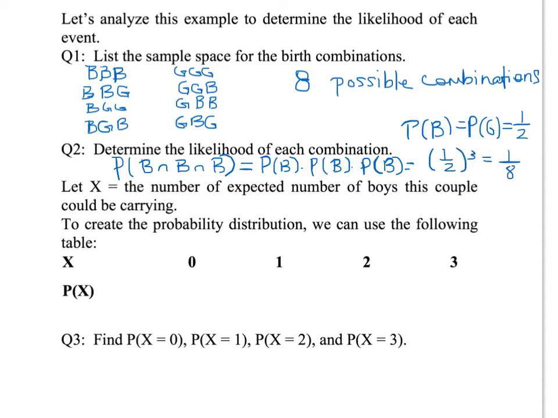And we could use that for all 8 combinations. Please be careful with this. The probability is 1/8, not because we have 8 outcomes, but because each individual outcome has a probability of its own of 1/8. So now let's get to the random variable. If we let X be the number of boys that this couple could be carrying,